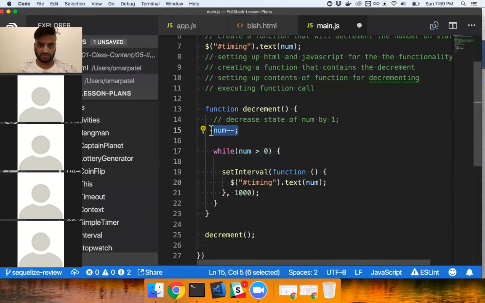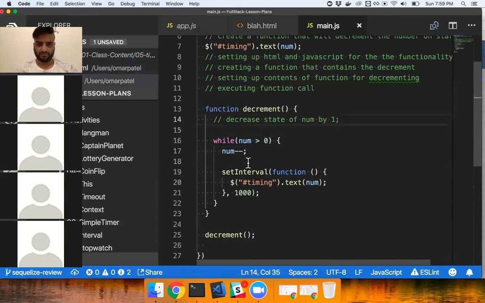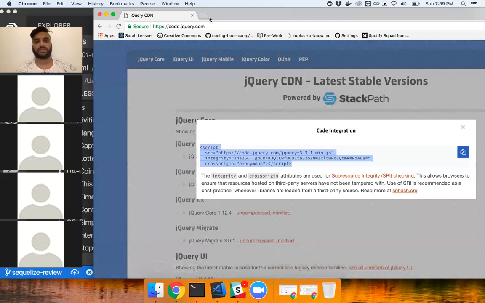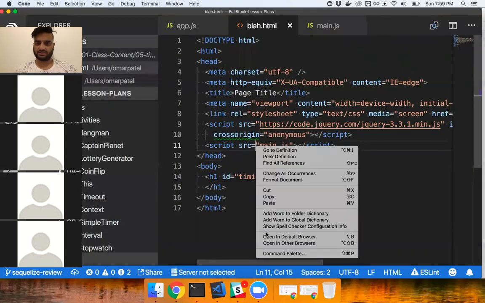So the while loop needs to contain the minus minus. Okay. That might work. So the while loop should execute multiple times. Yeah, okay. I wasn't thinking about context. Now that should work. If it doesn't,